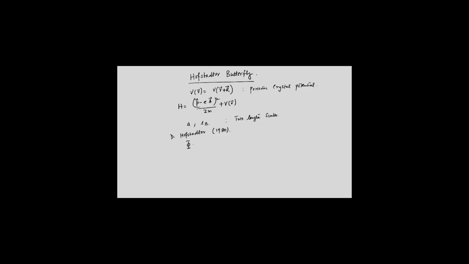And he demonstrated that for commensurate values of this flux, which is phi over phi 0, I told you that phi 0 is a very important quantity, it is h over e, which is the quantum of flux, if this becomes of the form p by q, where p and q are co-prime integers,